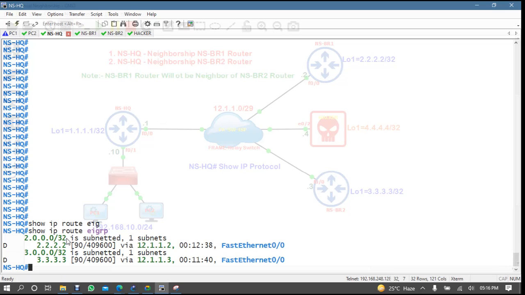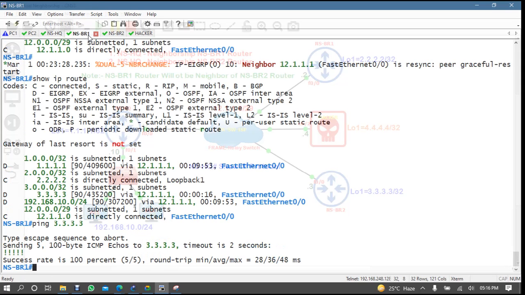Branch 1 is saying that whenever you want to come to 2.2.2.2, you can come to me, no problem. Branch 2 is saying that whenever you want to come to 3.3.3.3, you can come to me, no problem.